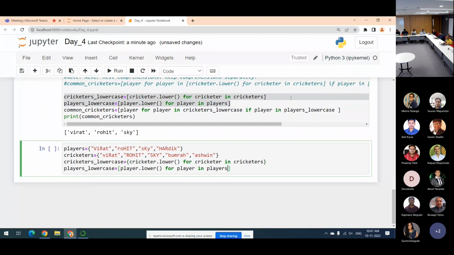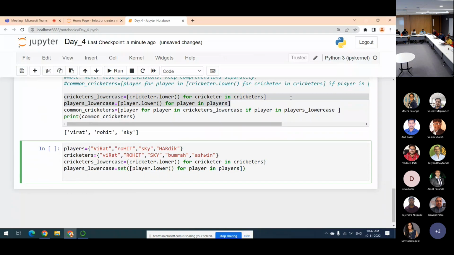Either you can do it like this or pass this list comprehension as an argument to the set conversion function. This is one more way in which you can create an indirect way of creating set comprehension. Basically, you are passing a list comprehension and you are just converting it into set. Both the ways are okay, but this is the most